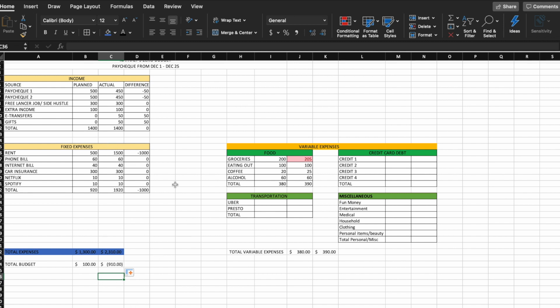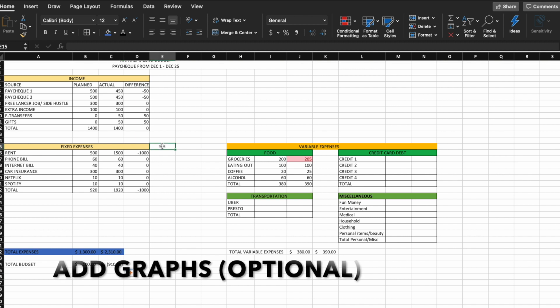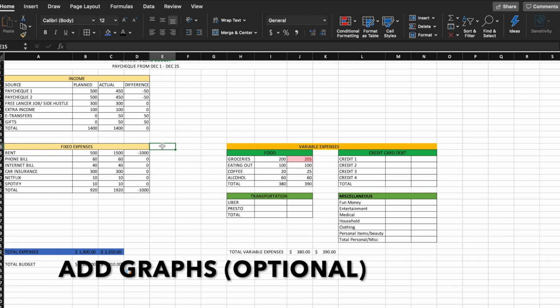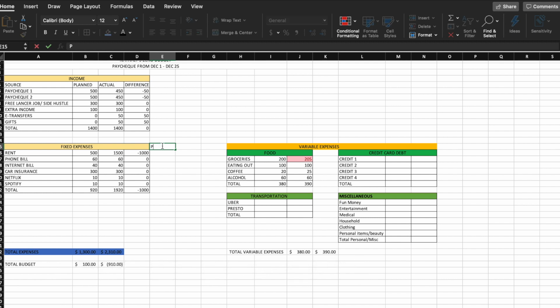Now if you wish to do a graph, you can definitely do that. It's really easy. So what you're going to do is you need an extra column, so you need a percentage column. Okay, and then how this is going to work is first we need to change the format of all this to percentage. Okay, and then the formula is the following: equal